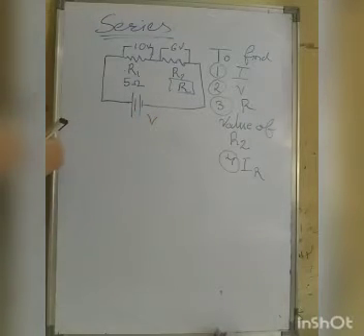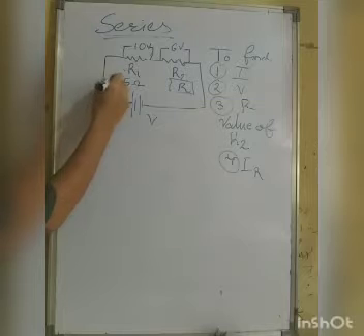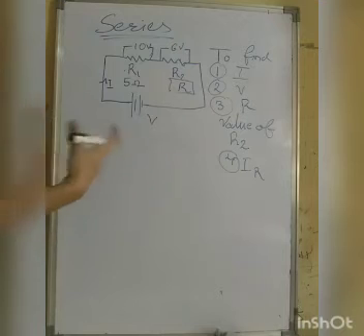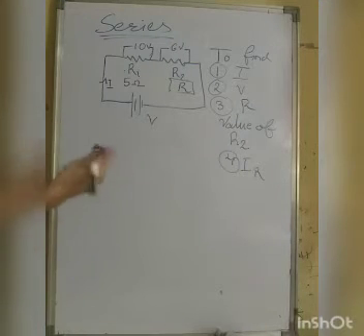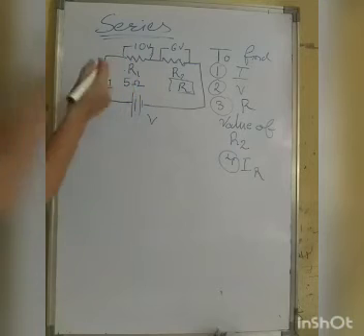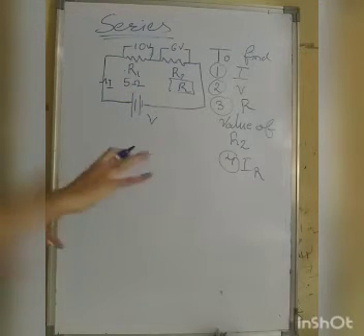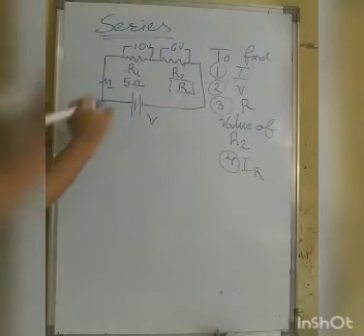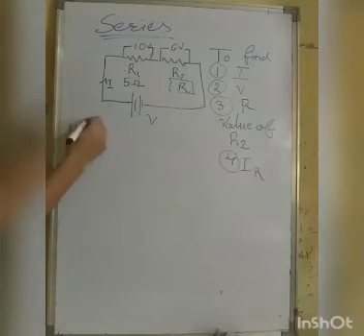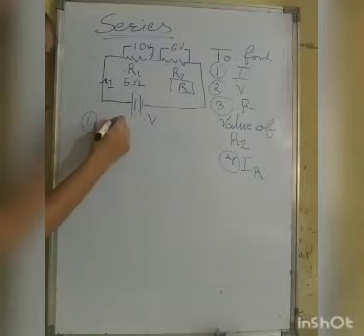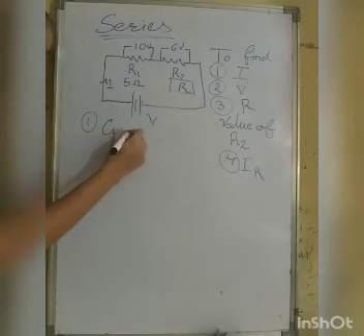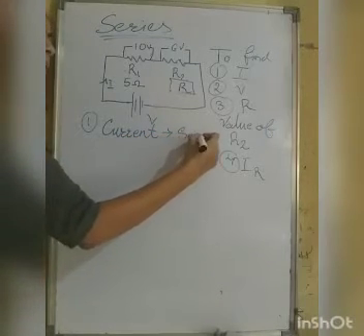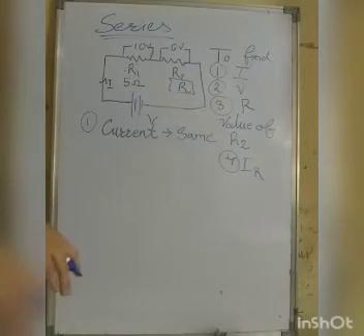So if this is my battery of some voltage V which I don't know, and my current I is flowing which I don't know, how am I going to find out my current and voltage? I just have only one component, that is the value of resistance. Don't worry, we can find out. Which connection is this? In series connection. So what was the thing which we studied in series connection? That current through all the components is the same. Current flowing in the circuit is the same.